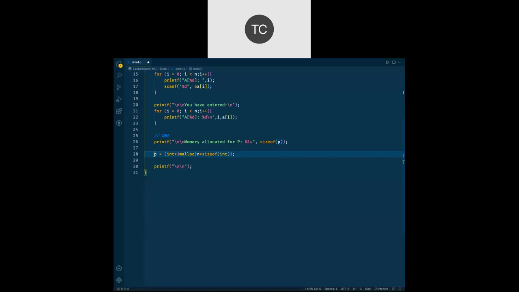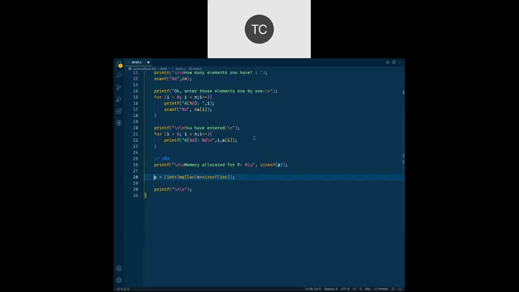Pointer: if you do star p you will get the value, if you do p plus plus it will go to the next element. And when you are working with pointers and array, you can always go for indexing p of I. That will also work.